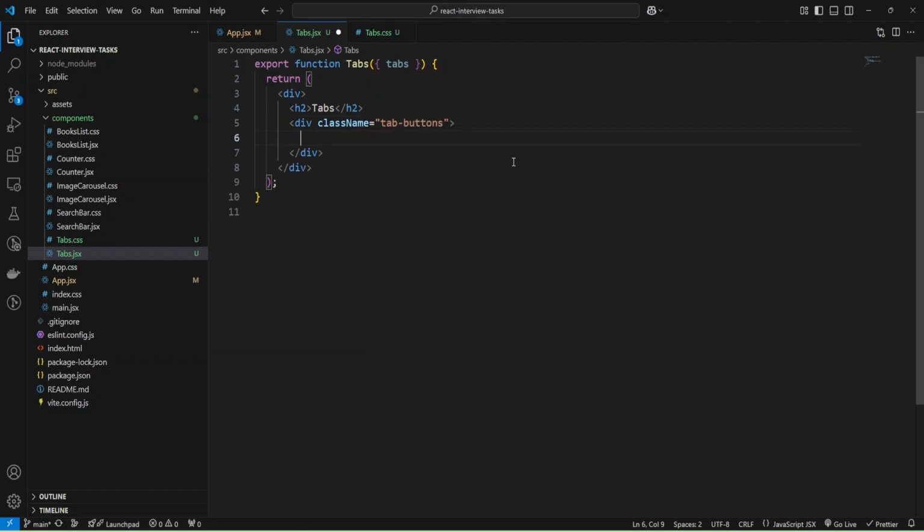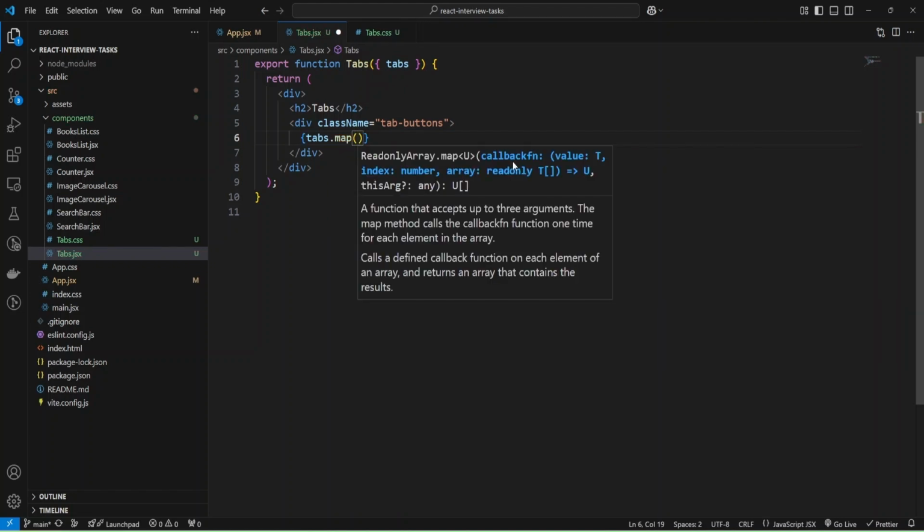And tabs is an array of objects, and for an array I can use the map function, and I'll provide tabs, and I'll use the map function of the array to iterate through each tab.